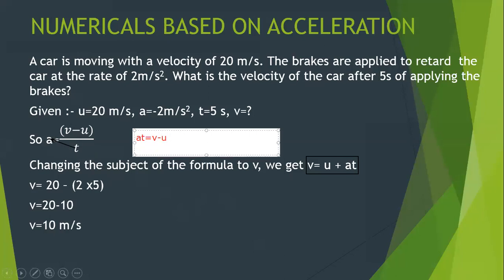Now what I'm doing, I'm shifting this minus U to the other side. So what will be left here? Here I will be left with only V, and that's what I want. So here I will get V is equal to. Now this minus U is being shifted to the other side, so it will become plus U. So it will be U plus AT. Getting it? So we are doing two steps together. That's why it is coming out to be V is equal to U plus AT.